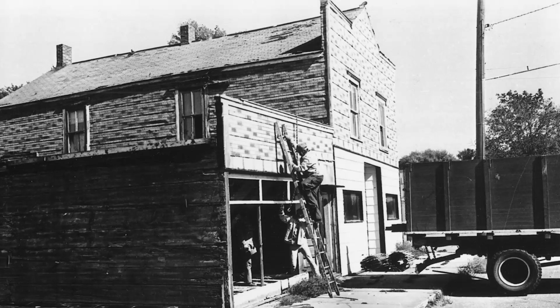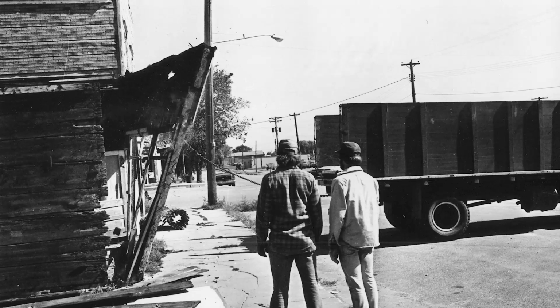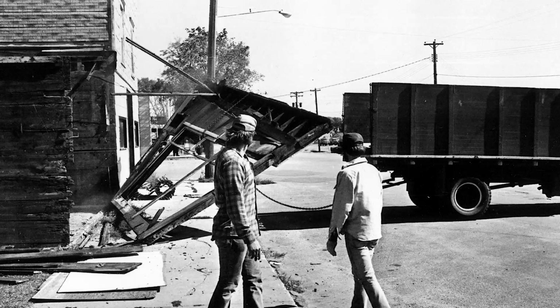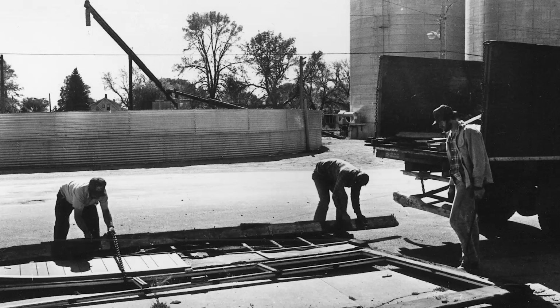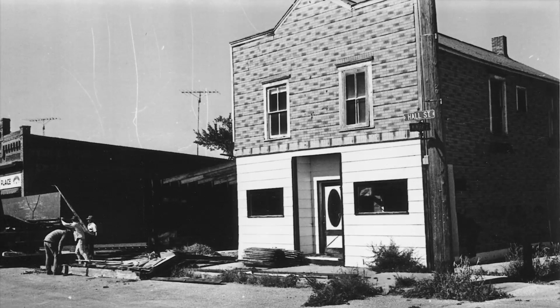Demolition is underway on one of the oldest buildings in downtown Stewart. As they tear apart the walls, a treasure is revealed that has been hidden for almost 100 years. But first we need to go way back, over 100 years, to